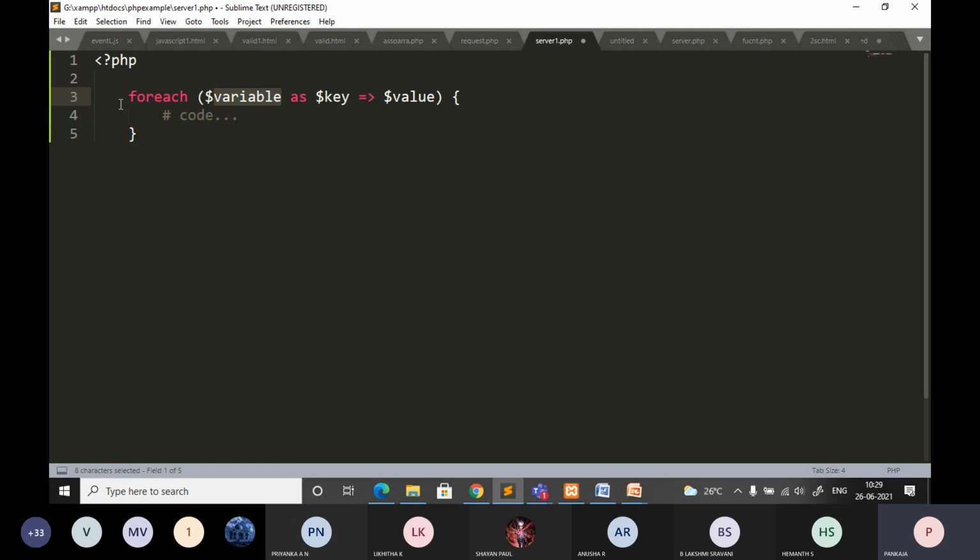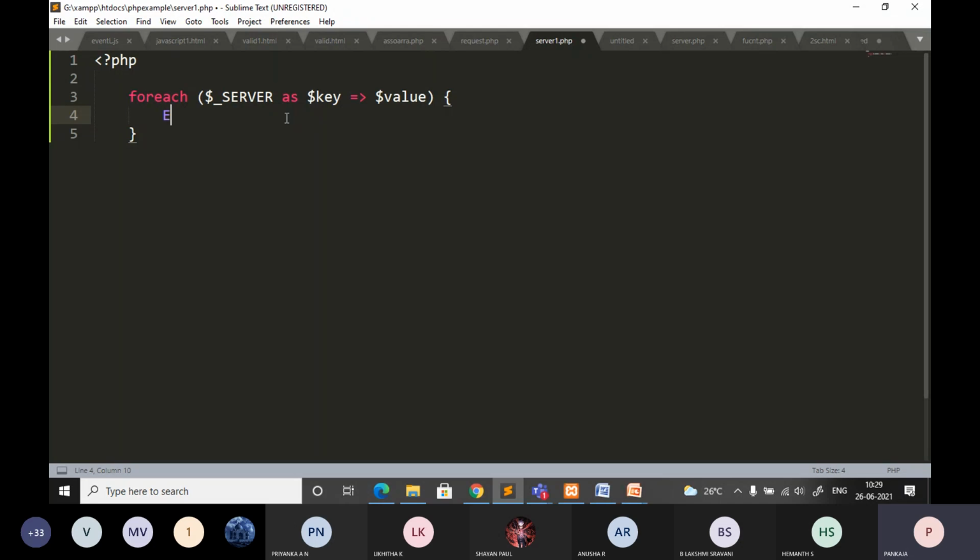Now, what is the variable name I am going to use here? It once again starts with a dollar underscore SERVER. It should be in capital letters, SERVER. Key value: I told you this is an associative array. It will have a key and the corresponding value. If you want, you can specify only the key, that also works. So as of now, let it be like this, key value.